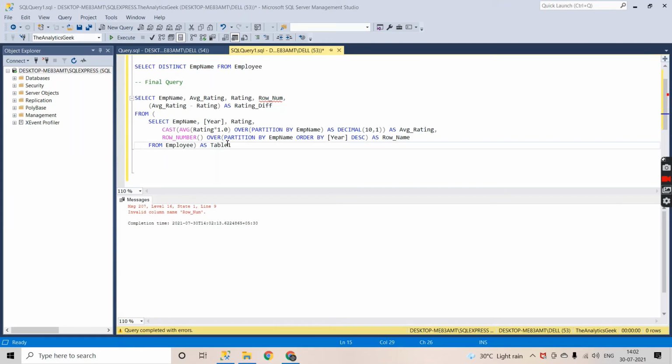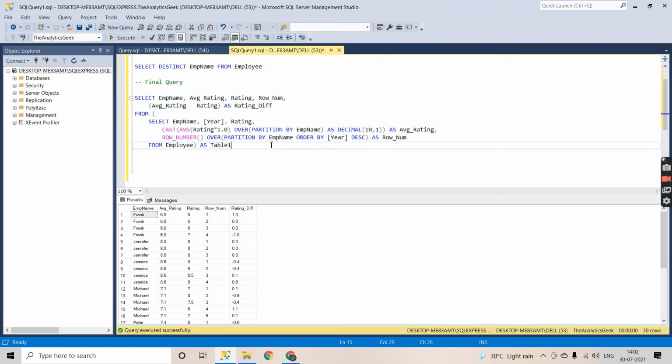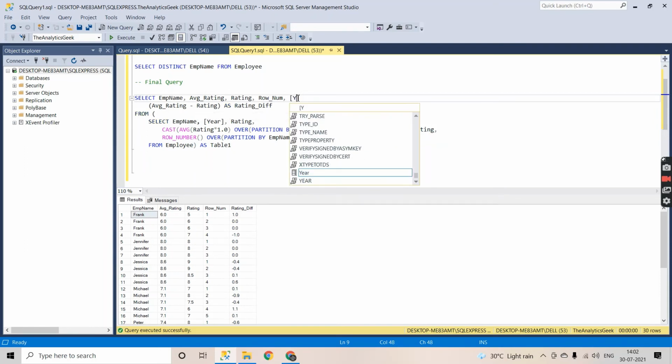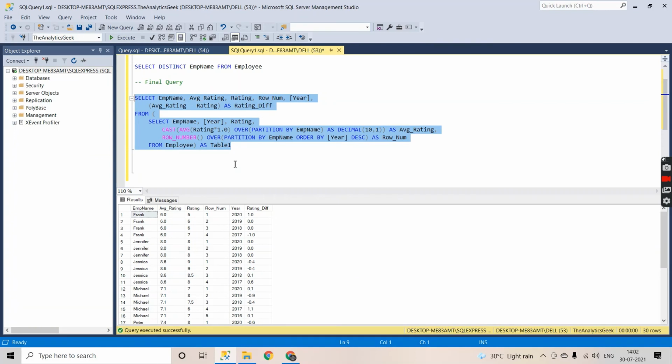We are getting this error because I have made a typo here. Let me correct it. Row num, and let us see the output again. I think for the purpose of explanation, I should add the column year as well here. Let's see the output now. So now we can observe that we have row number and year columns in our output.